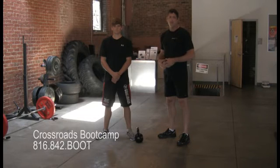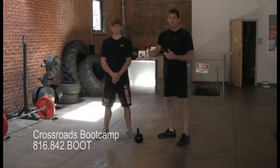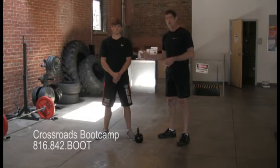So one of the reasons we lift kettlebells, they're different than a traditional dumbbell or some exercises you may have done in what you might call a regular bodybuilding type gym, because the kettlebell allows for more speed, more power, and more movement. And again, we generate power and speed, not necessarily just straight movement. Power and speed equals more energy, raise your metabolism, burn more calories, get more fat off your body, get more long, lean muscle on your body, which the kettlebell does. Now, the most basic of kettlebell exercises is a swing,